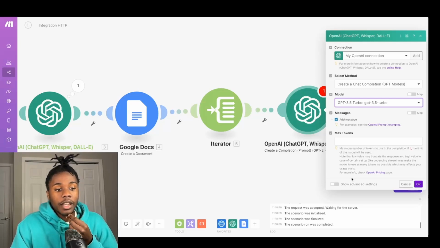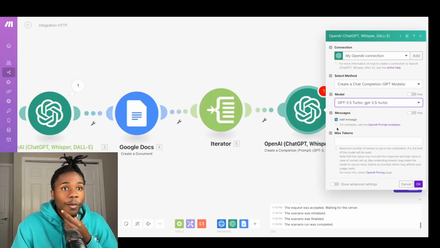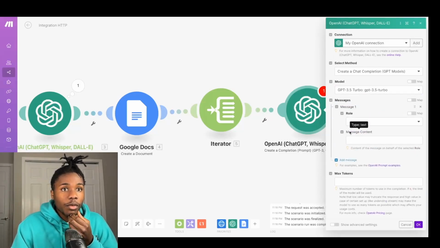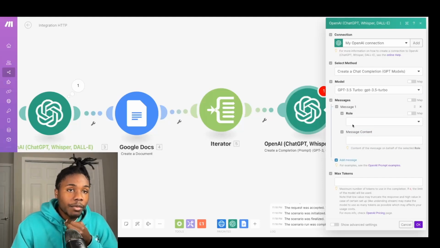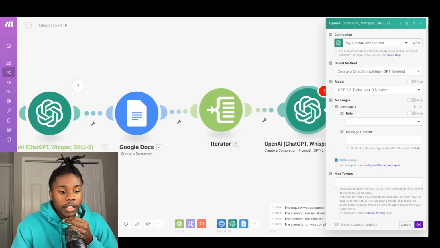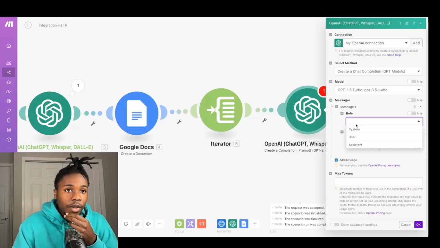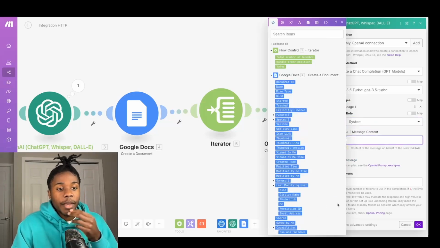So depending on how quality you want it to be, you might want to go with a more up-to-date model. You might want to use GPT-4, but I think 3.5 will work pretty well. Once again, this prompt is crucial for this step. We want ChatGPT to write us some content answering this question, but we want to get the best possible response